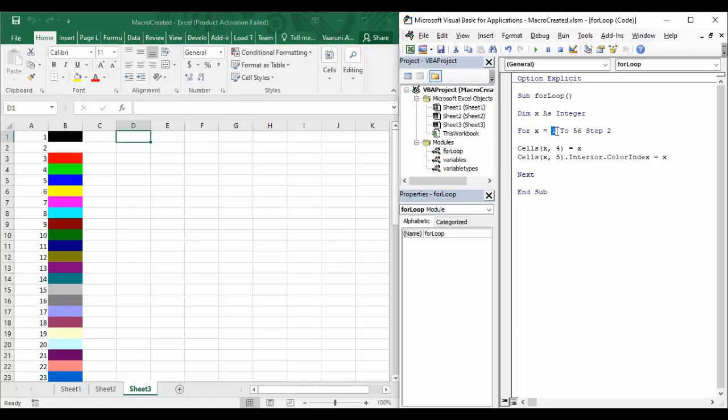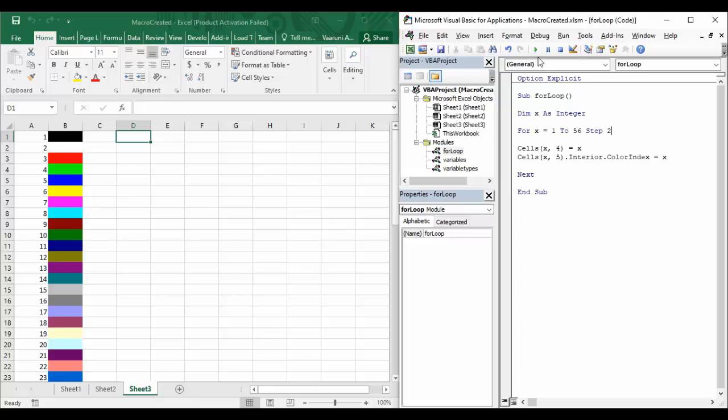It would take the value as 1, execute these two statements, and then when it encounters the next statement, it would see that the step value is 2, which means instead of incrementing the value of x by 1, the for loop will now increment the value of x by 2, which means the next possible value for x would be 3. And this is how it works.